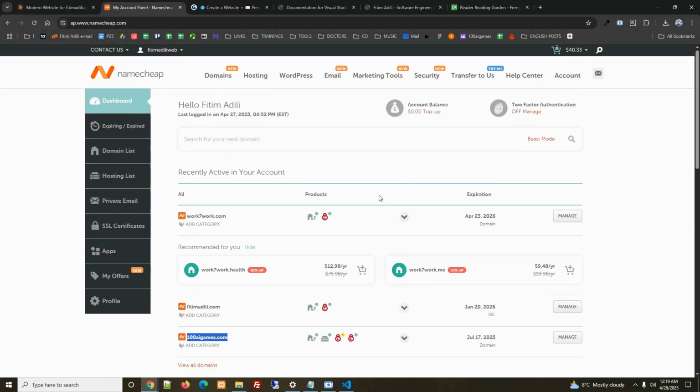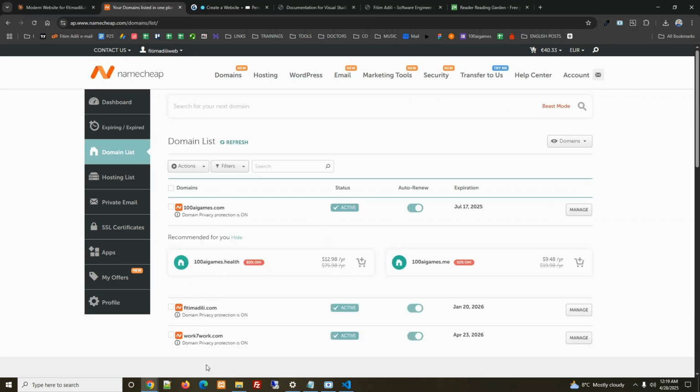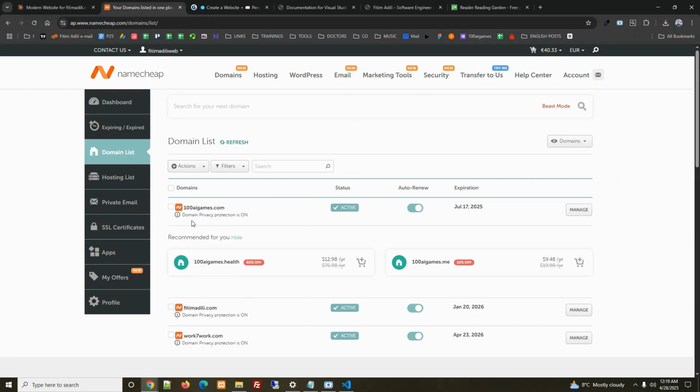As you can see here, on the left, you can see the domain list. So I have these domains, and then you have the hosting list with your hosting, and whenever it's not connected, you can ask support to connect your website. For example, I want to connect this domain name, your name and surname or whatever it is, your domain, to